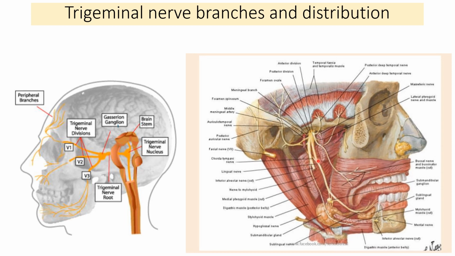Then here are the branches from the posterior division, which are the lingual, inferior alveolar and auriculotemporal nerves. This auriculotemporal nerve will supply mainly the external auditory meatus, part of the tympanic membrane, and the area of skin over the temple. So that is the auriculotemporal nerve. The inferior alveolar nerve is important because it supplies the teeth of the lower jaw and the structures related to the lower jaw.